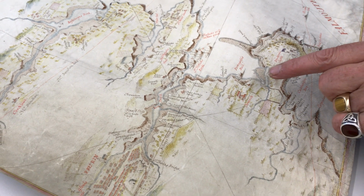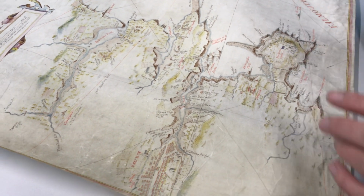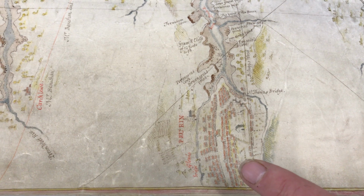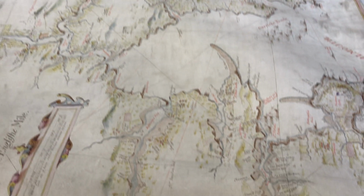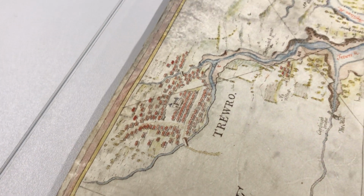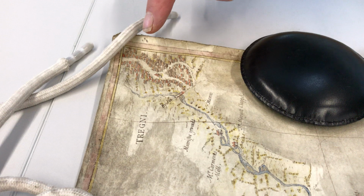And what strikes you about this plan is, without Falmouth, you have three great settlements. We have Purin, which of course we would now call Penryn, and the spelling on this map is very random because over here, Penryn is spelled P-E-W-R-I-N, and over here it's P-E-U-R-I-N. At the top of the map, we have Truro, spelled T-R-E-W-R-O. And then further over in this corner, we have the other great settlement of the time, Tregony,